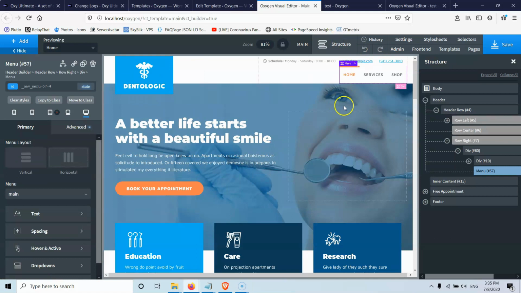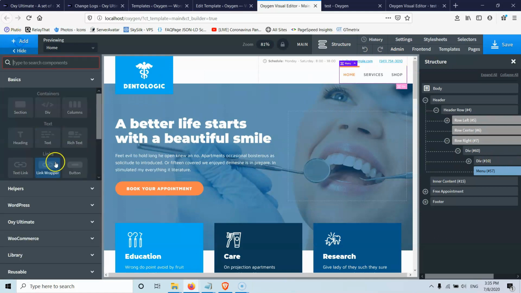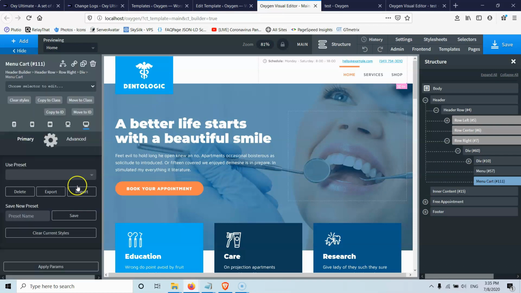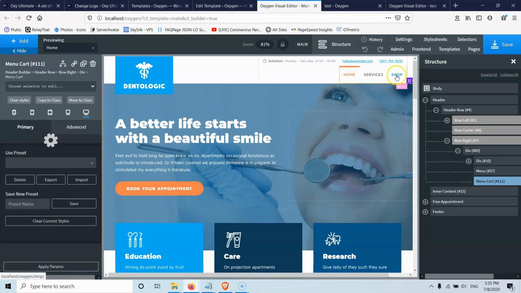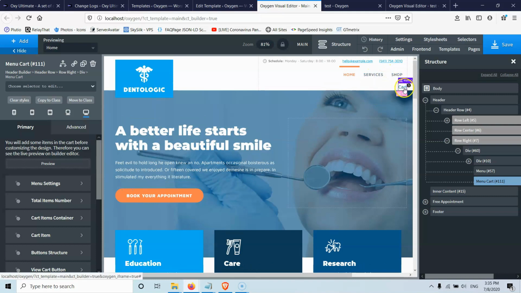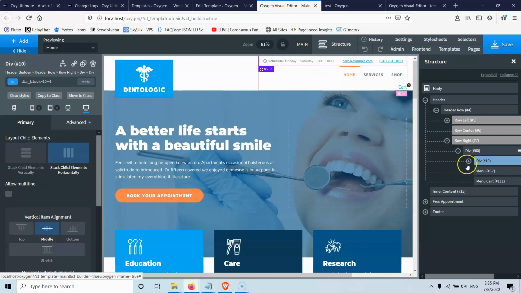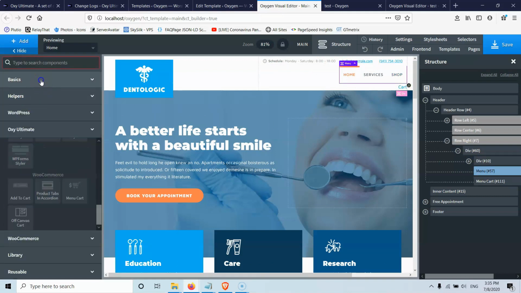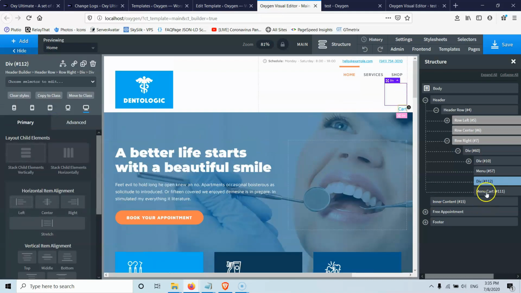Let's open the structure so we can work with that. Let's add here Ultimate. Let's go for a menu cart. So we will add here the menu cart. Okay, it's right down here. We have the div. The div is okay, this one. So I have to go here and add this one in a div.